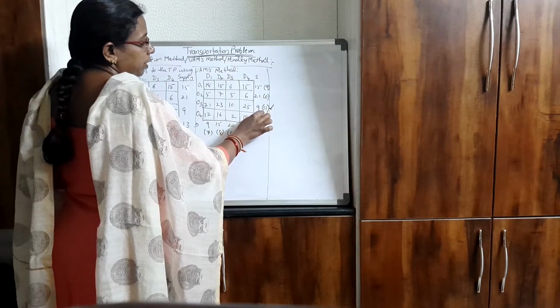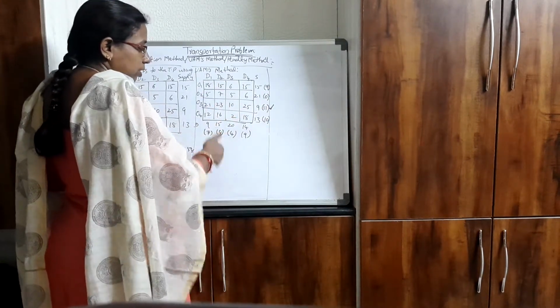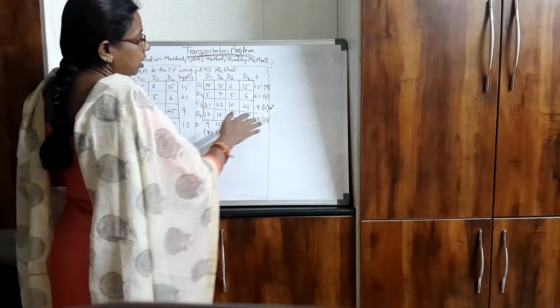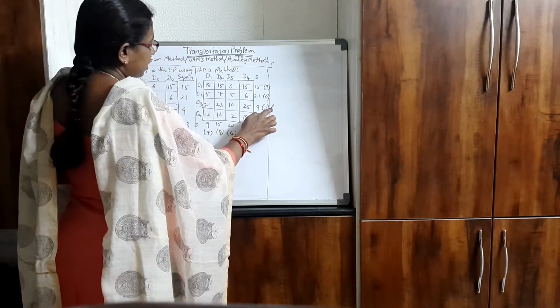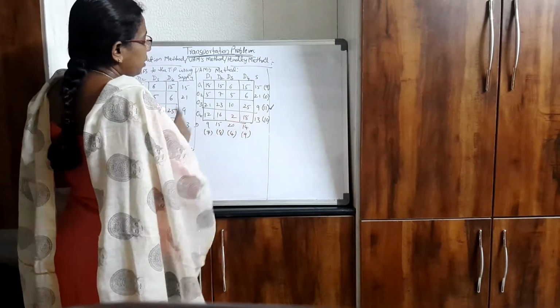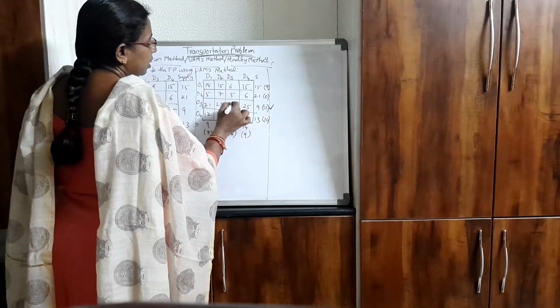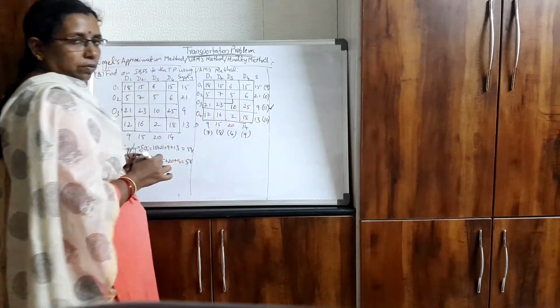If the maximum penalty is in a row, then in that row you select the least cost; if it is in a column, then you look at that column. Because the maximum penalty is here corresponding to the third row, in the third row select the minimum cost. The minimum cost is 10. Now in this 10, I have to make an allocation.